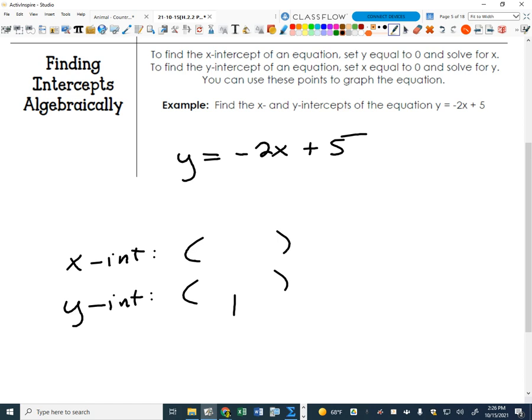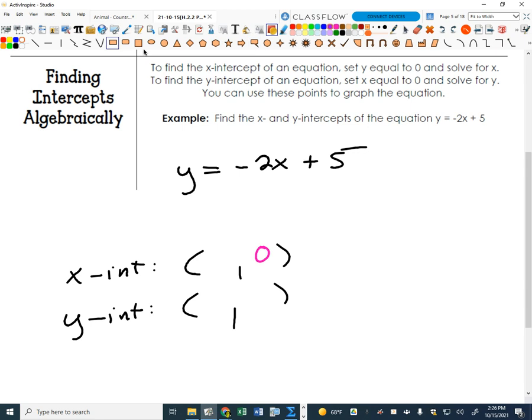What's my strategy for finding the x-intercept? Set y to 0. Okay, good. So if y is 0, this is a pretty cool little trick. It's nothing so amazing, but it works really well. This is called the Heaviside cover-up method. We use this in calculus sometimes. And all you do with this cover-up trick